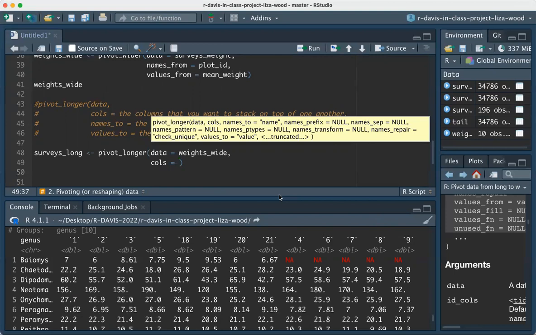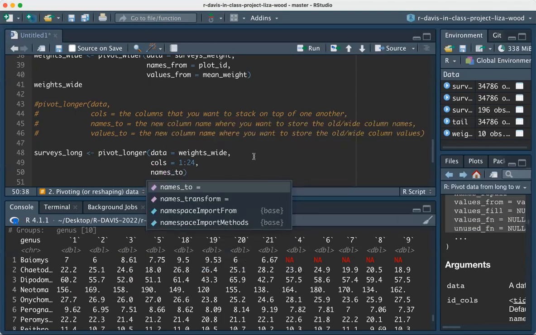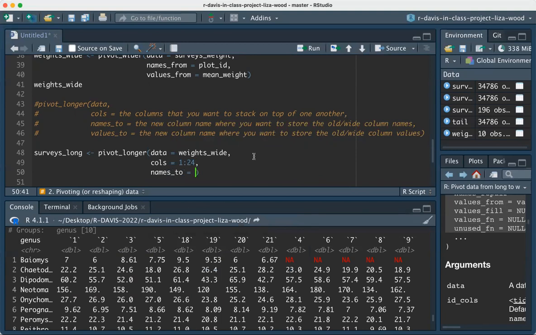So I might say I want the 1st through 24th column, or we might say, oh, we want to call them by name. So I can actually go 1 through 24. But we're going to come back to this. So this is going to be a bad example, but we'll specify our other arguments and play around with this columns argument a bit. But we know we want names_to, it's essentially whatever we want to call the names of these columns,